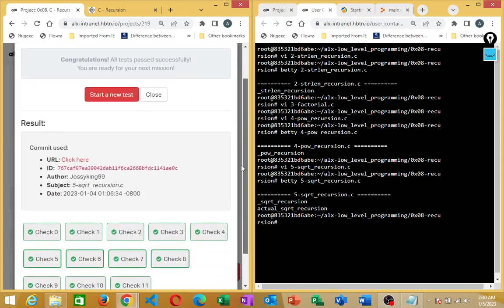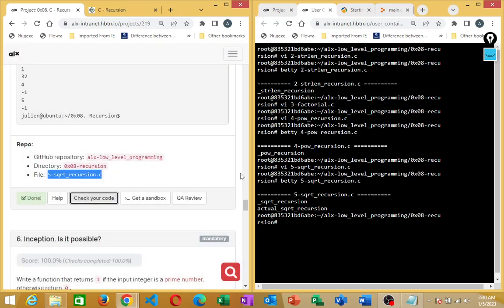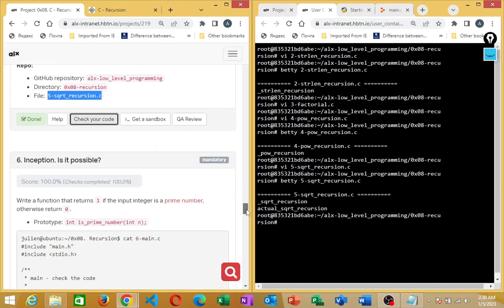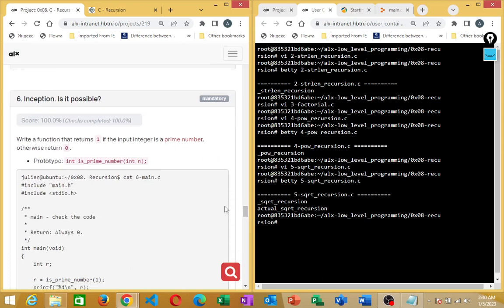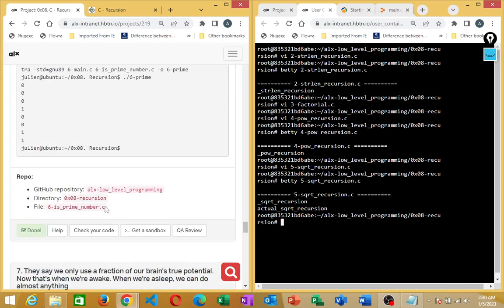Again, you see it's correct because we followed the instruction, we did the right thing. You can do the same thing too. So for the next one, write a function that returns 1 if the input integer is a prime number, otherwise return 0. So copy this,